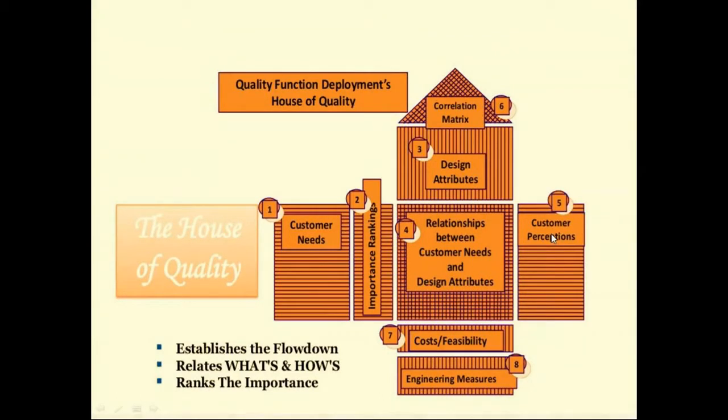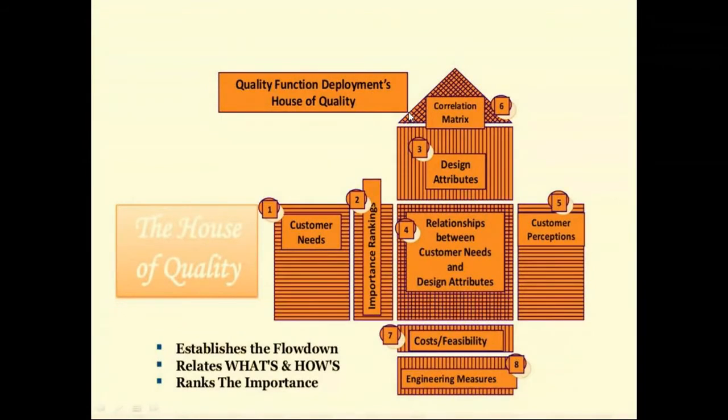This correlation matrix will give a relationship between each of the technical or design attributes, or the technical characteristics. That is the first characteristic; with the second, it will be related. Then the first and the third will be related, first and the fourth, similarly second and the third, second and the fourth. And this way, this relation will be entered in this roof, which is known as the roof of the house